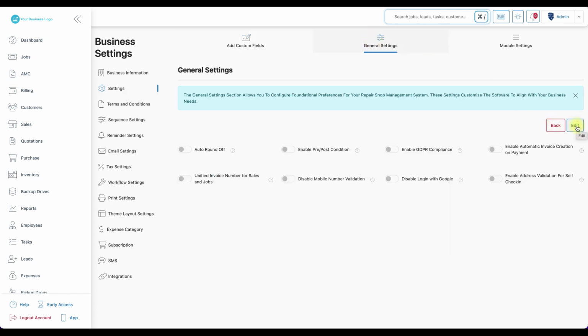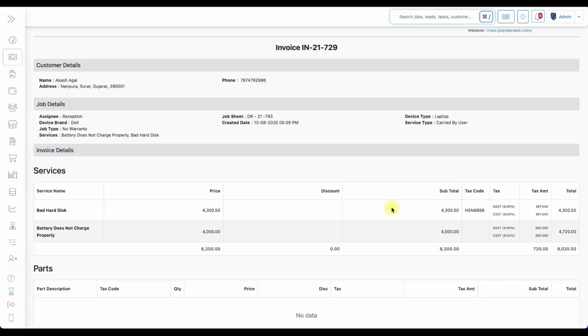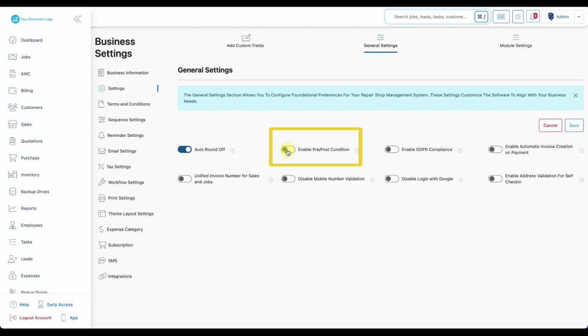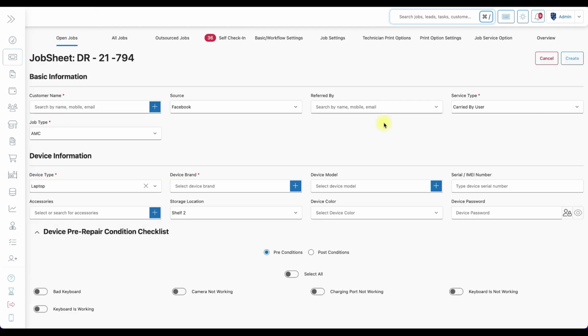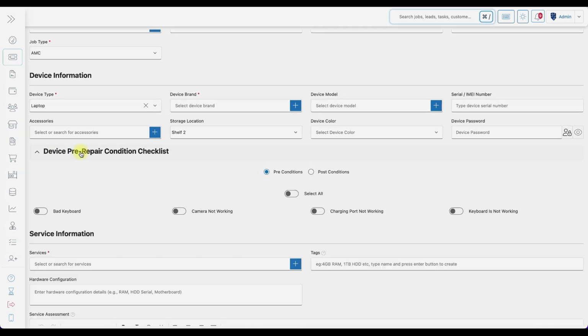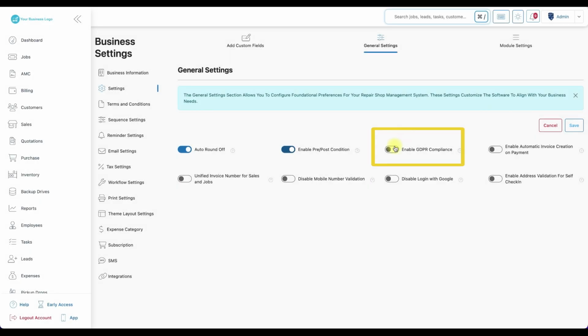Now let's go over the key options you'll find inside General Settings. Auto Round Off. Activate Auto Round Off for billing across the system. Enable Pre-Post Condition. Enable Pre-Post Repair Condition, which is visible on job form. Shows repair conditions before and after service on job forms. Enable GDPR Compliance. Enable GDPR compliance to ensure the lawful collection, processing, and storage of customer data with their explicit